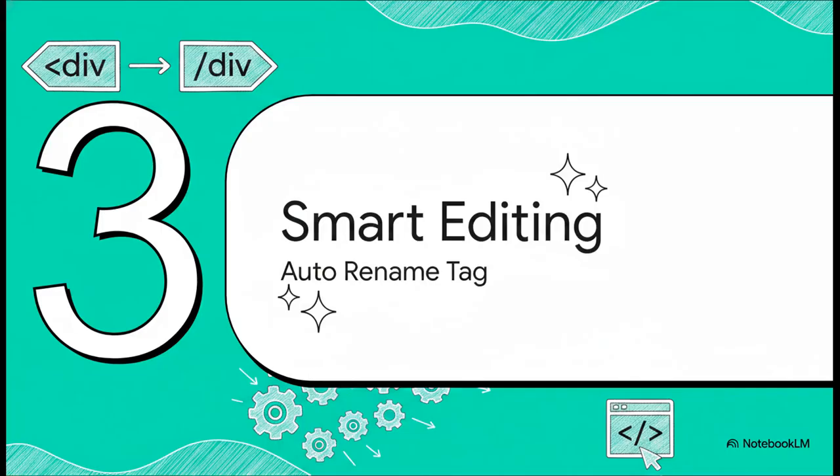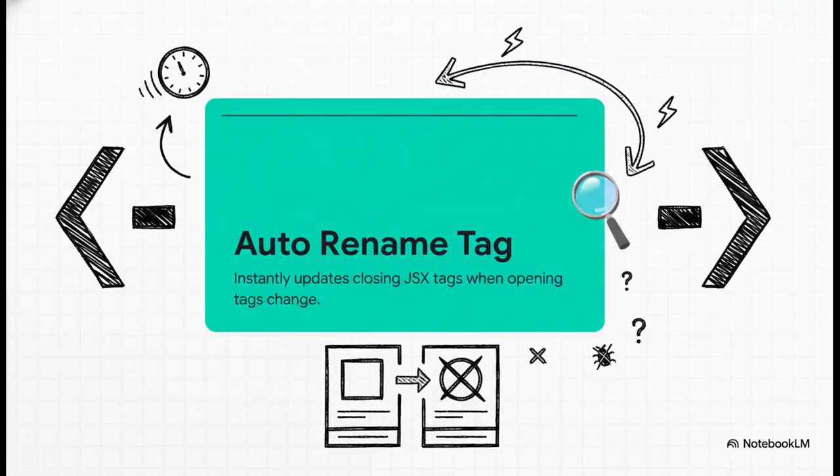Section 3. Smart Editing. Auto Rename Tag. Now this next one is the absolute perfect cure for a highly specific yet universally maddening annoyance in React development: mismatched HTML or JSX tags. Auto Rename Tag is an extension that instantly and automatically updates a closing JSX tag the very moment you change the opening tag. Just think about how often you decide to change a generic div container into a semantic section,